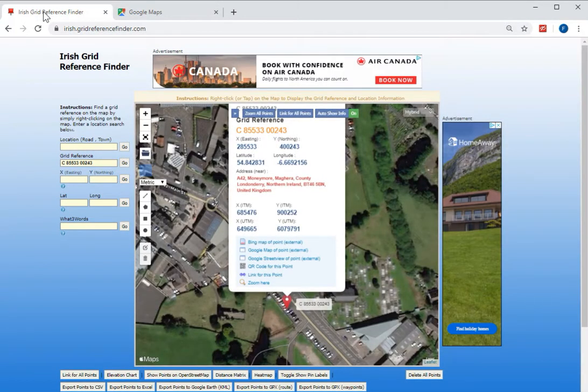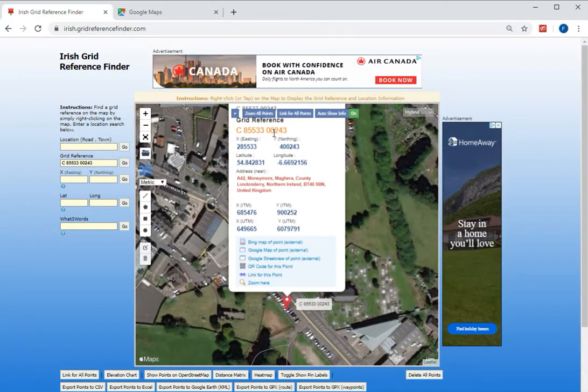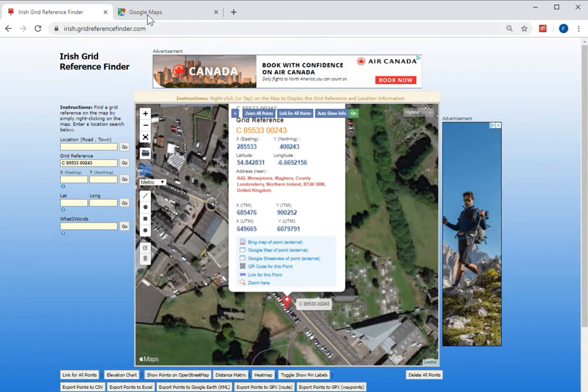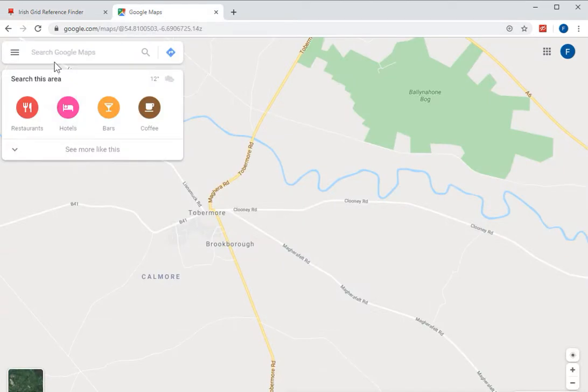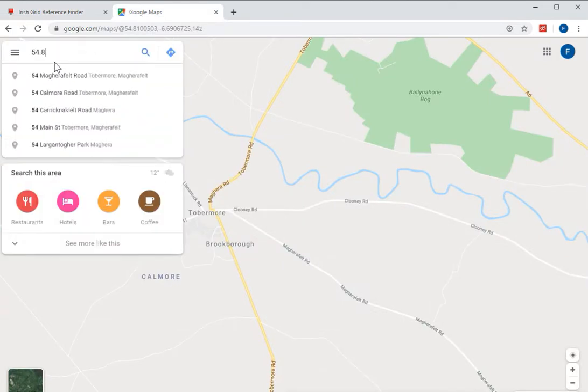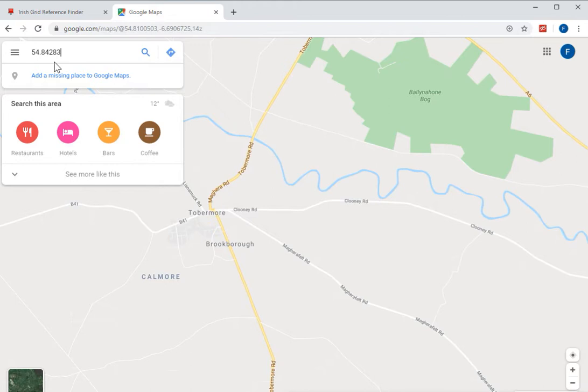So from the Irish Grid Reference Finder, go into the latitude and longitude. Latitude is 54.842831. You put that into the search box in Google Maps, then put a space or a comma, go back into the grid reference and find the longitude, in this case minus